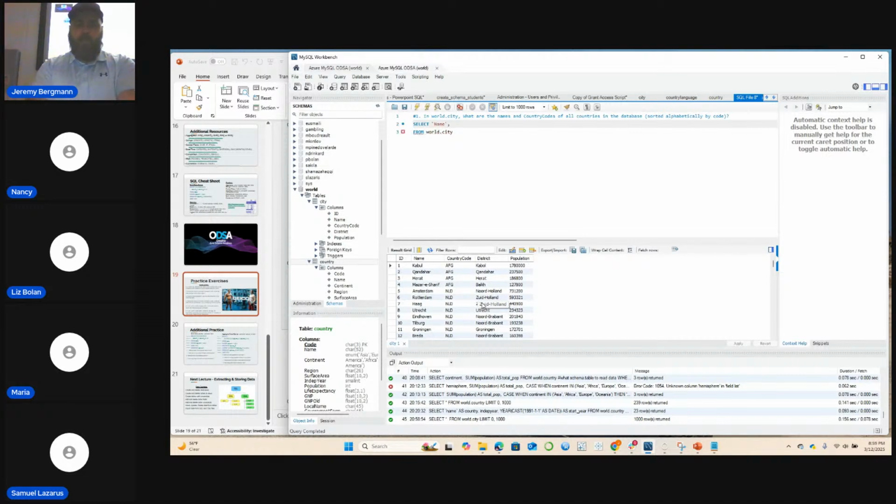I put backticks here because some of these are reserved keywords. And once in a while, MySQL will get it confused with some keyword, like a function keyword or some other variable. So I put the backticks in, which is the key next to the one. So you select name, and that's SQL-specific syntax, country code,